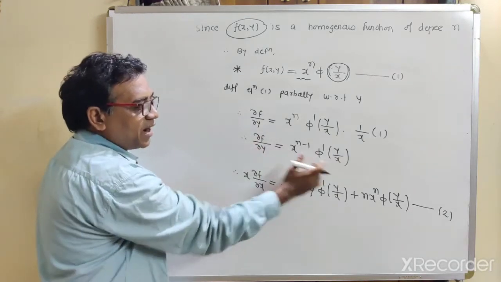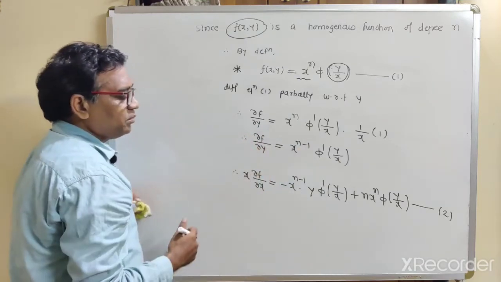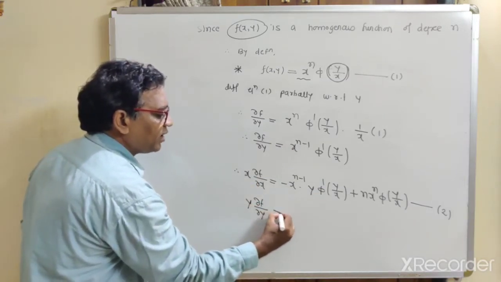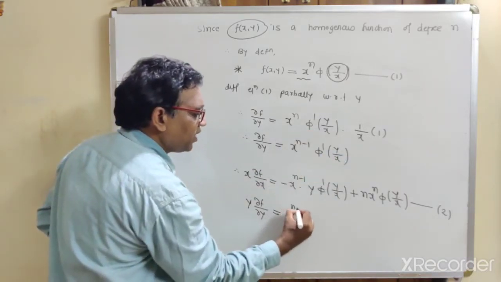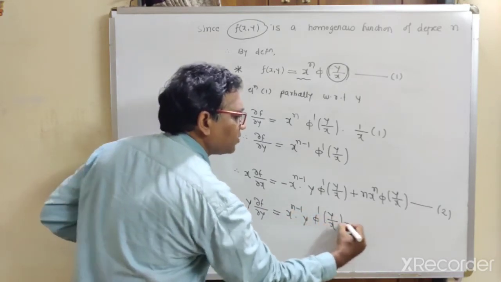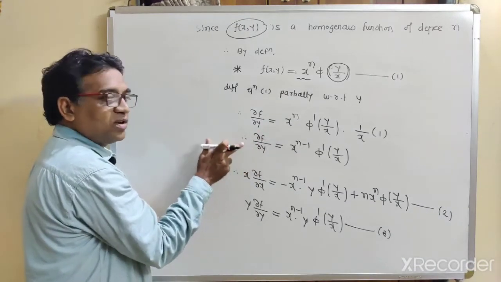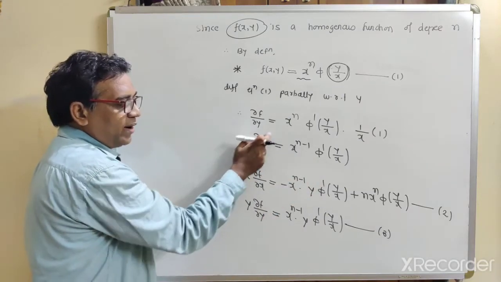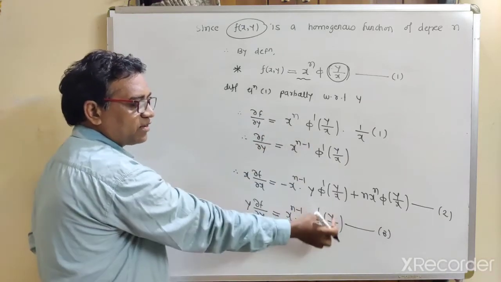So this is del f by del y. Now multiplying both sides by y, that means we get this y into del f by del y. So multiplying both sides by y, we get y into del f by del y is equal to, now multiply the right hand side by y, that means we get x raised to n minus 1 into y into phi dash y upon x. So this is, suppose, equation number 3. This is our del f by del y. And what is the next step? Multiplying both sides by y. That means we get this step, y into del f by del y is equal to x raised to n minus 1 into y into phi dash y by x.